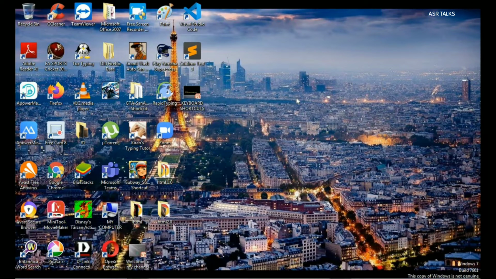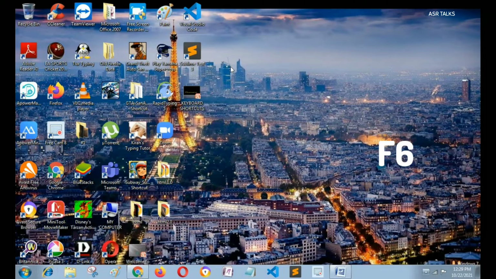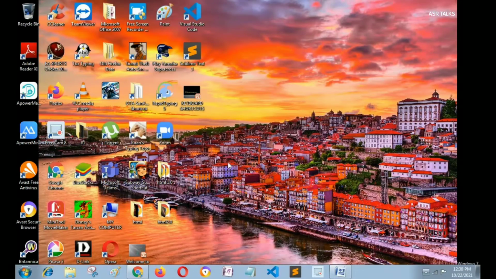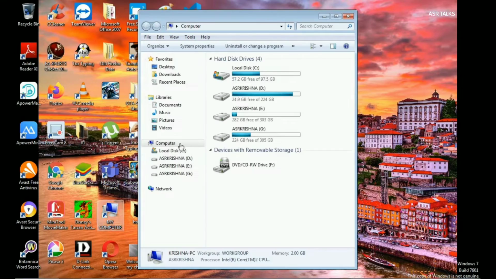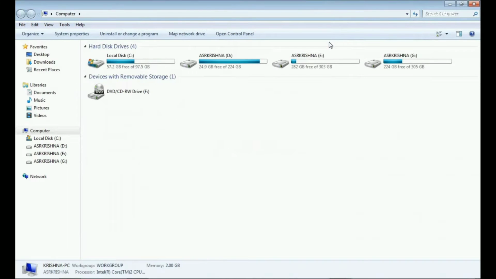Here without using the mouse, if you want to navigate through screen elements on a desktop or any window or any active program, you can actually use the F6 key. It actually helps you to navigate through the screen elements on a desktop. Here you can see that every time I am pressing F6, it changes its position from one section to another section. And rather, you can also navigate through the arrow keys. See, here I am pressing the F6 key, the box is changing like this, and then I am navigating through the arrow keys.